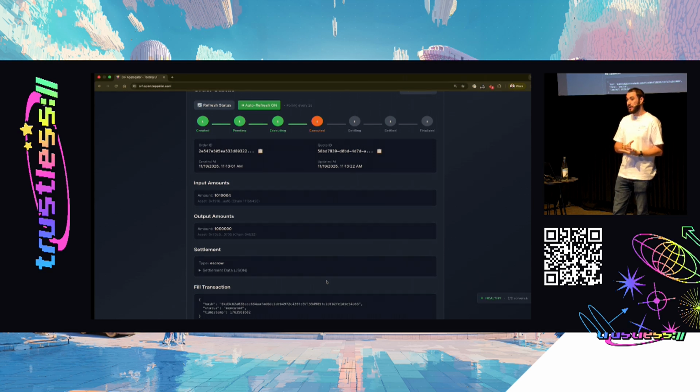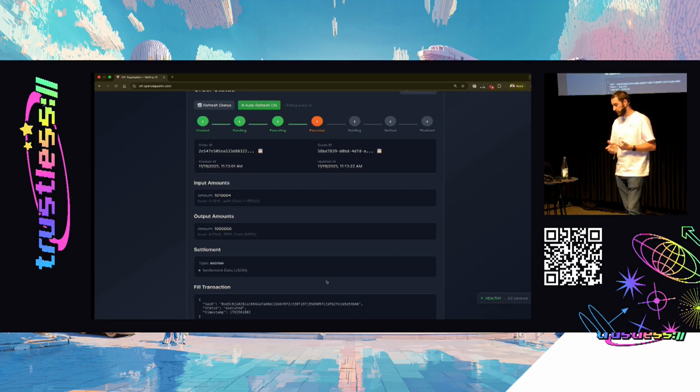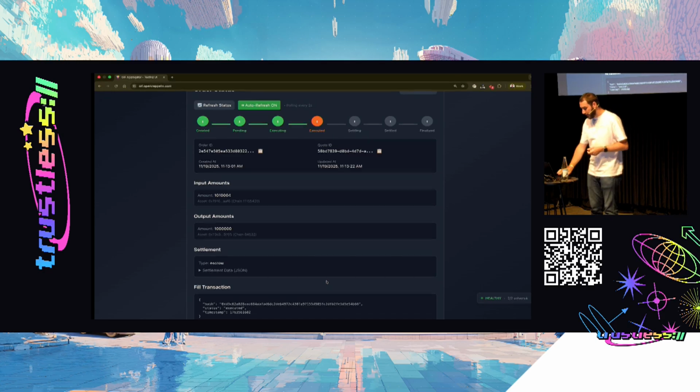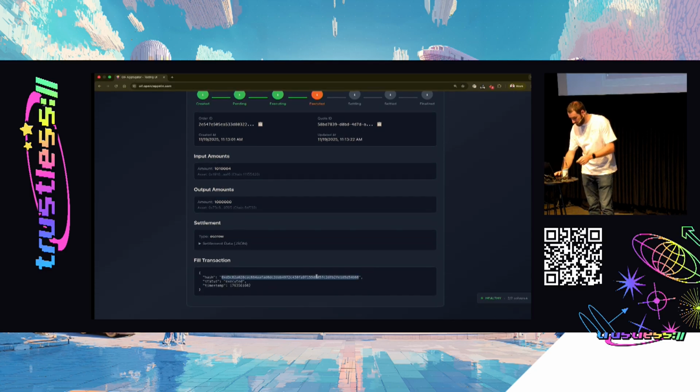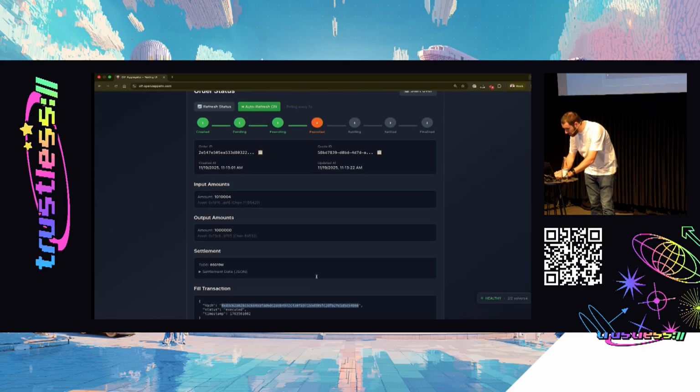The solver is picking this up, and it's going to fill the intent. After the intent is filled, the oracle will pass along the message to the primary network, and the solver will be able to claim their tokens. So while, in this case, the oracle is doing things, we can go to